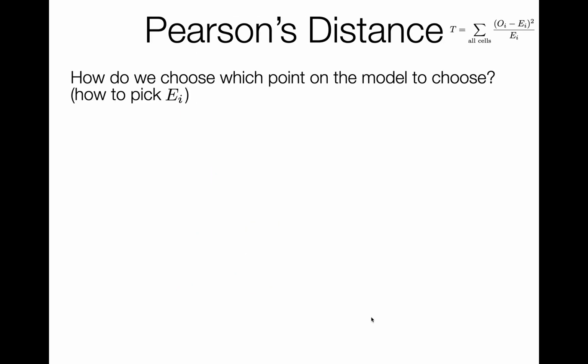All right. So the next question is, how do I pick a point on the curve of independence that I compare to my point? And that simplifies to asking, how do I pick the E sub i's? And so the answer to that